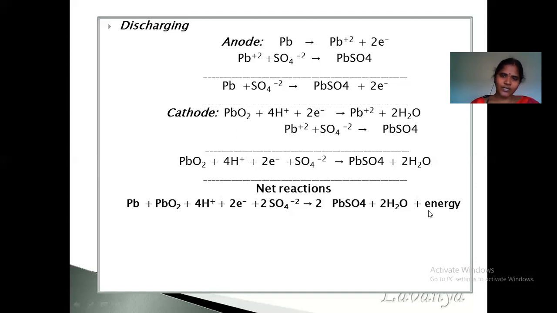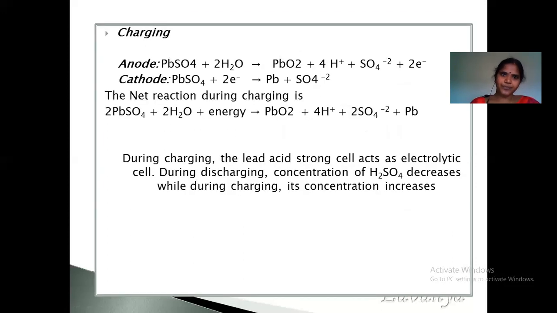That's what is mentioned as charging. So during the charging at the anode, lead sulfate reacts with the water and releases electrons, along with that we get PbO2 plus 4H+ plus SO4 2-. And at the cathode, the electrons released